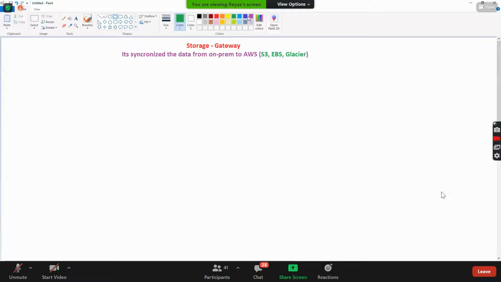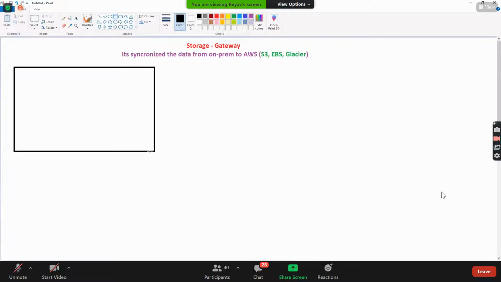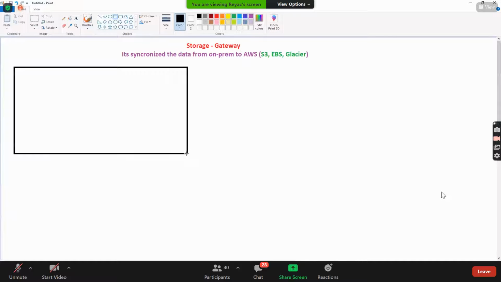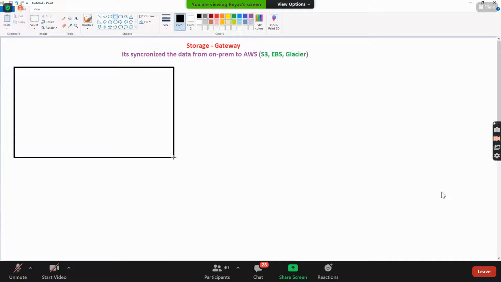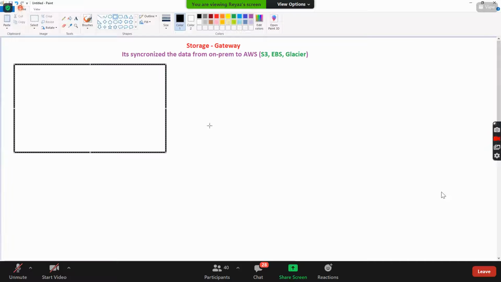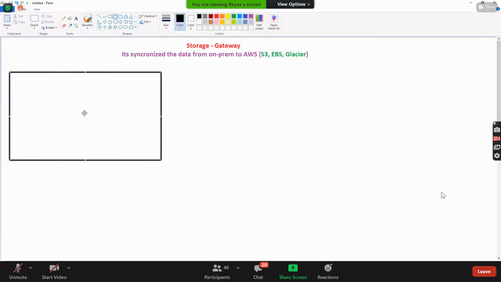I'll keep it very simple. See here. Let's say this is our on-premises. And guys, in on-premises, we'll be having different kinds of servers.